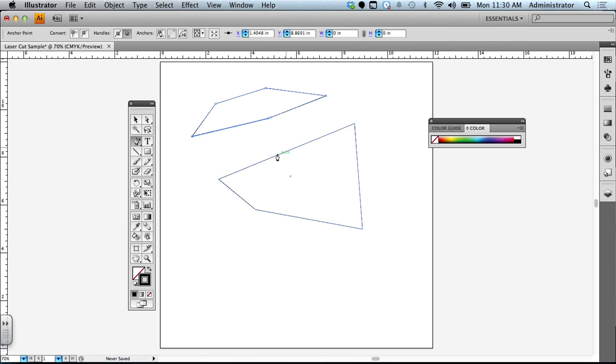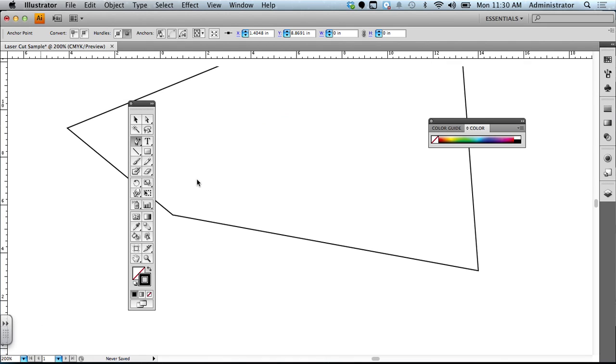And we'll go back to our original shape here. I'm going to zoom in. And the way you zoom in, you can do a couple of things. On the very bottom left of your screen, there is a zoom option. So I can click here and I can zoom to 200%, which is great,